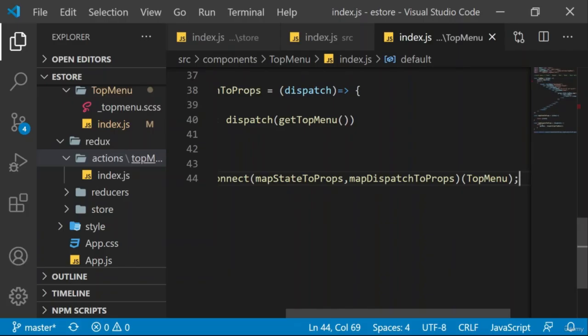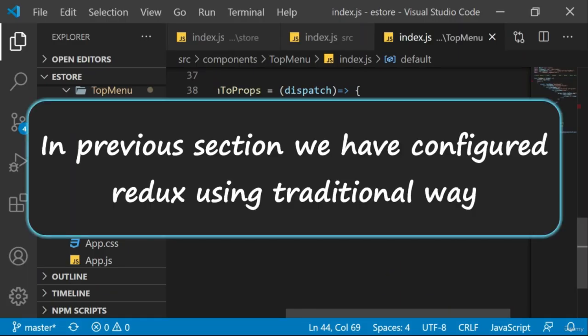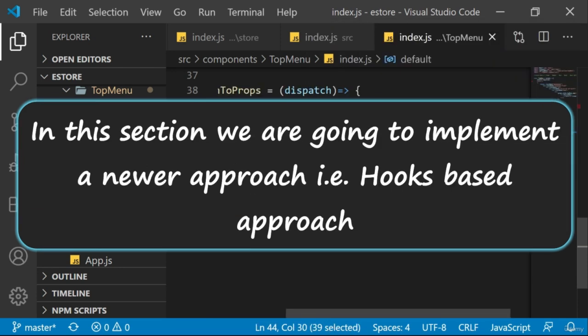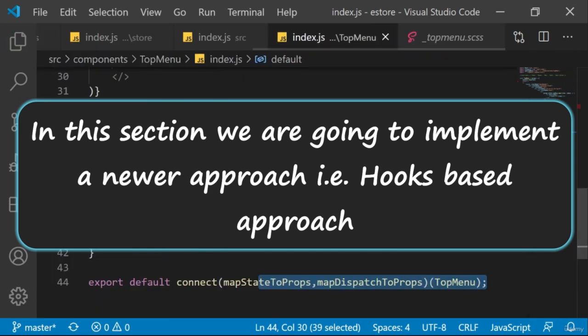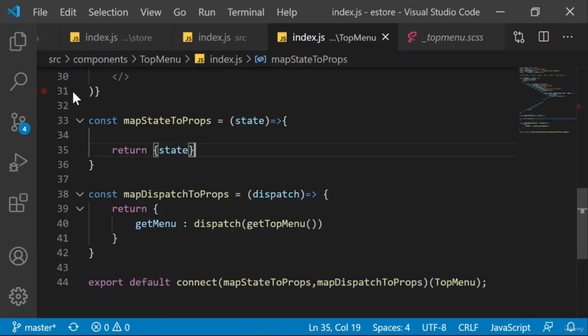The important point here in this section is, in the previous section, I have configured Redux using the traditional way. But in this particular section, I'm going to implement the newer approach, the React 17 approach, and that is the hooks based approach. So all the configuration, that is the map state to props or map dispatch to props, which